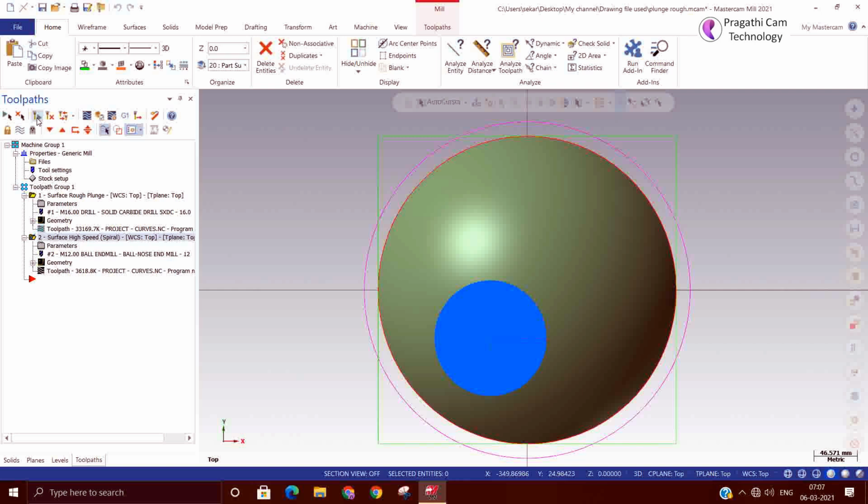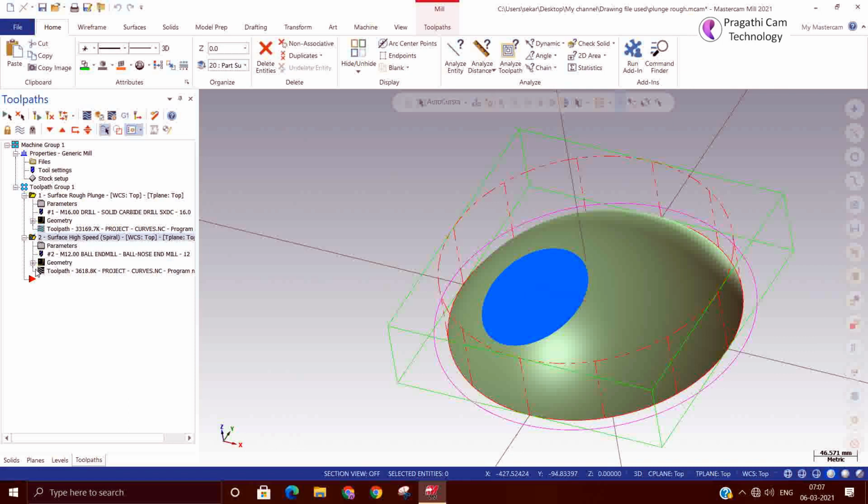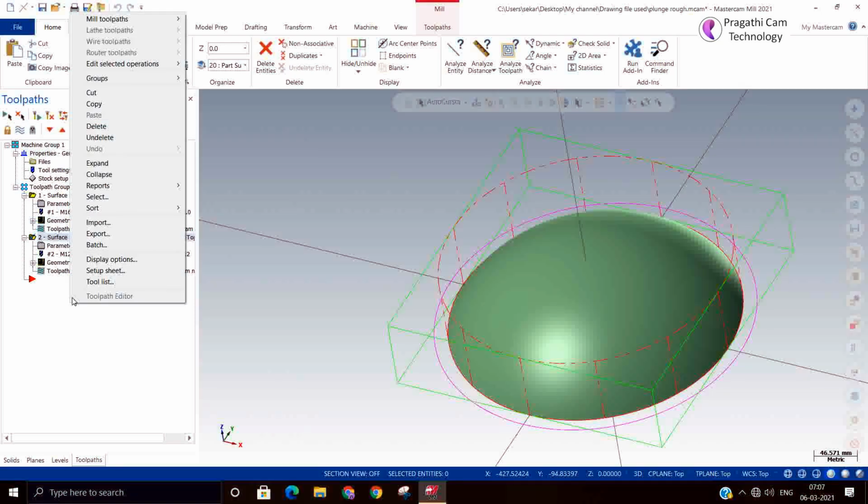So wherever you want you can select your center point, but if the job is symmetrical and you keep the center point as 0, it will give very good visibility.